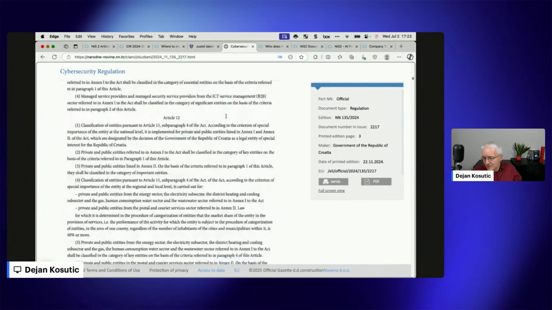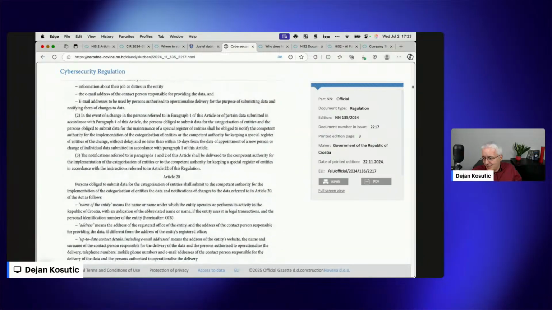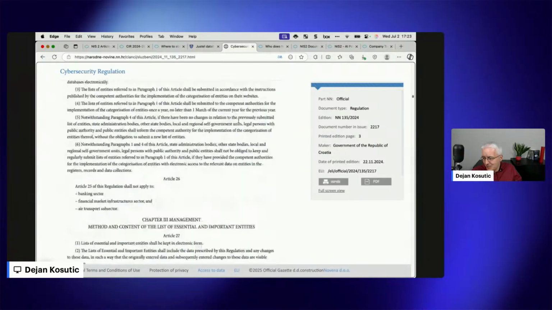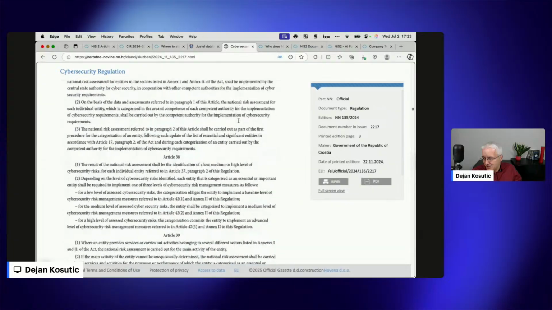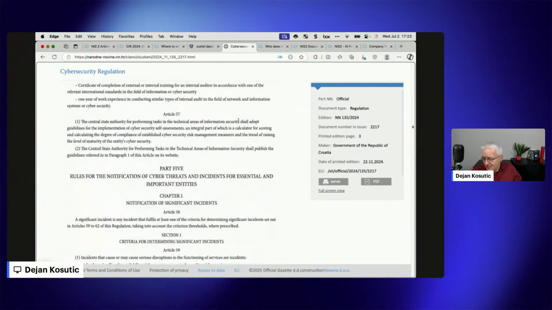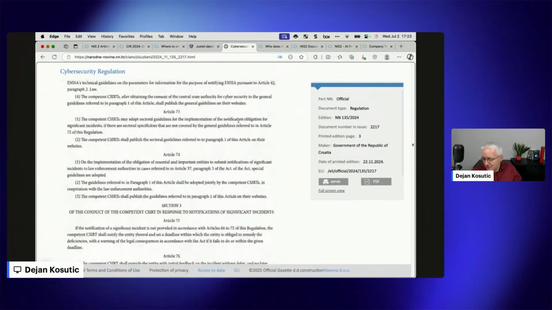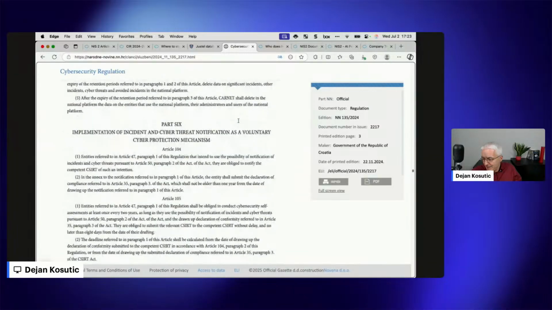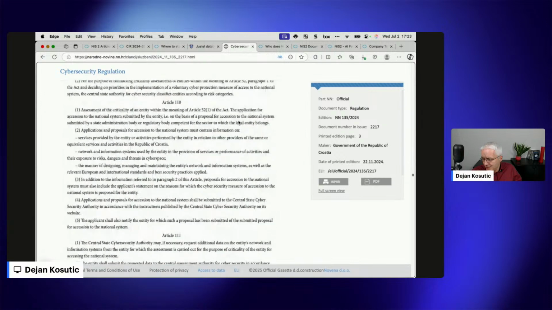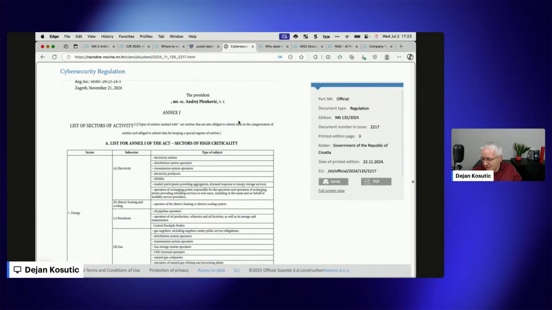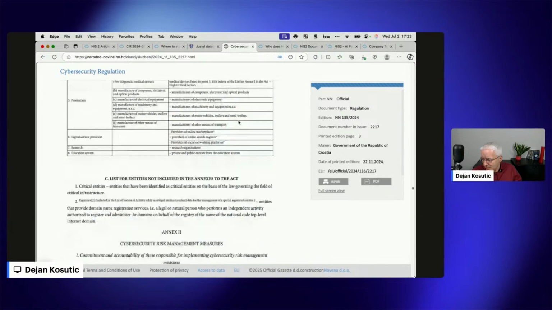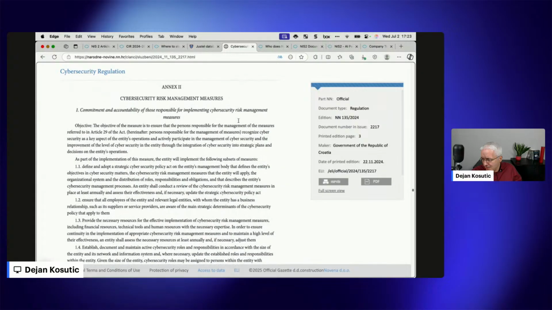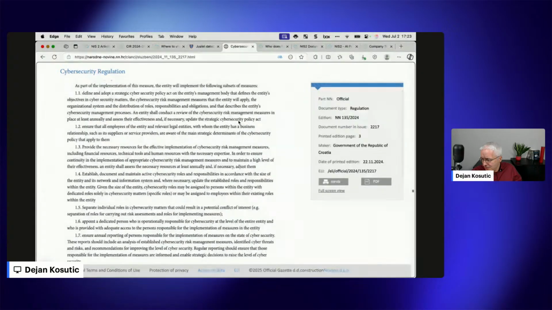As you can see, there are a lot of things that you have to comply with. And this is not even the main part. The main part is in the annex. So let me go to the annex. As you can see, a lot here. Annex 1, not the one. Annex 2. Okay, and here you can actually see these